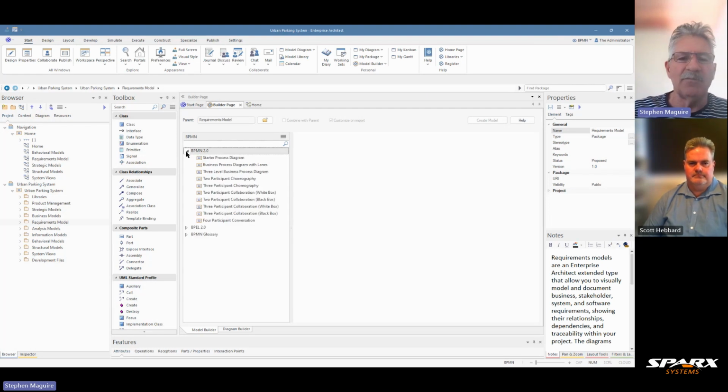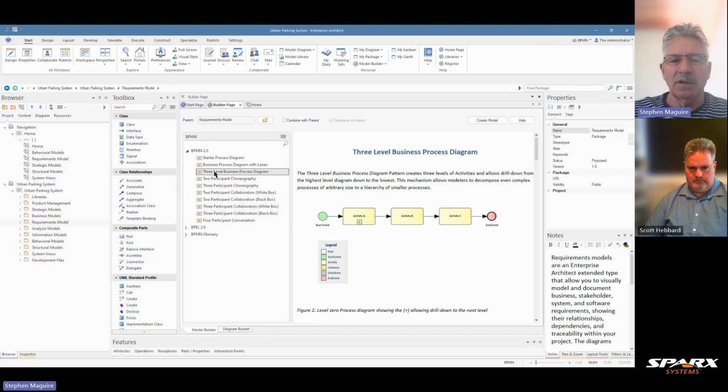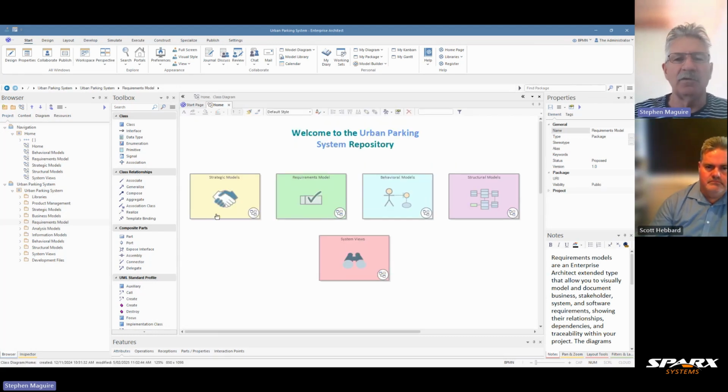We have got a number of patterns here, which we've looked at in previous videos, and we've got some business process diagrams. They will save you a lot of time if you are starting a model. But what I want to do, as always, is begin things from first principles. Then once you understand that, you can return and use some of these productive patterns. So I'll close that builder page, and now we need to find a location for these models in the project